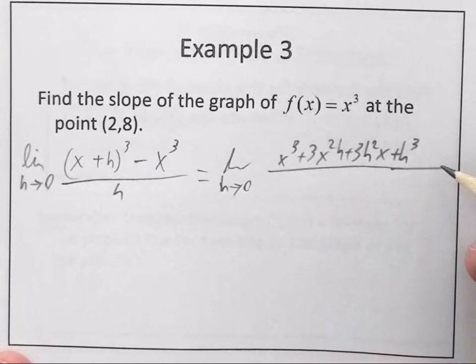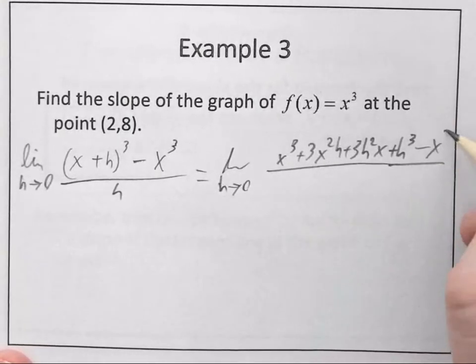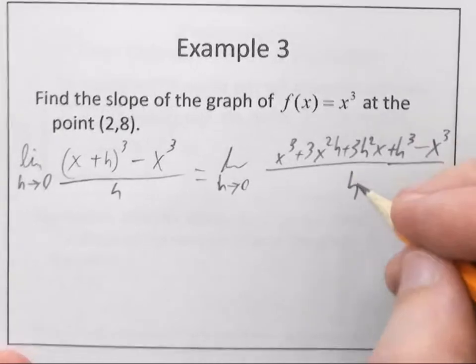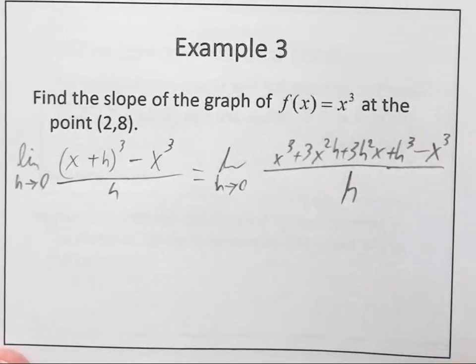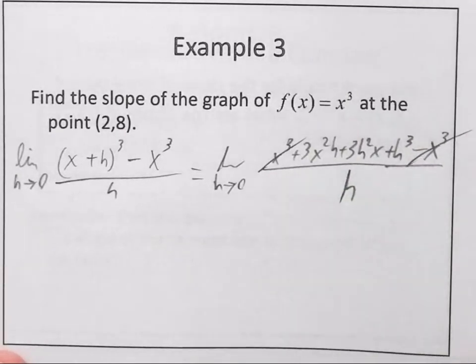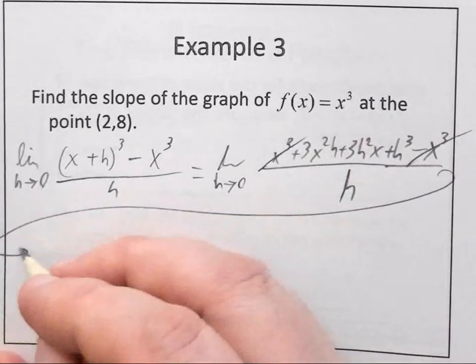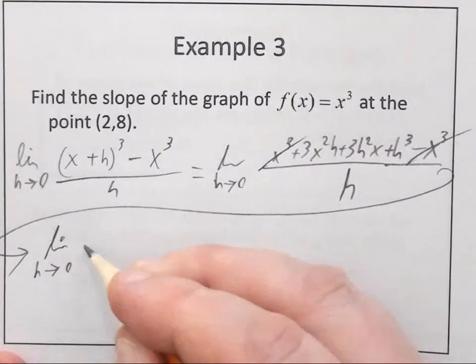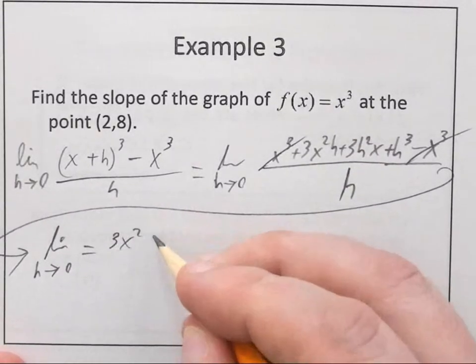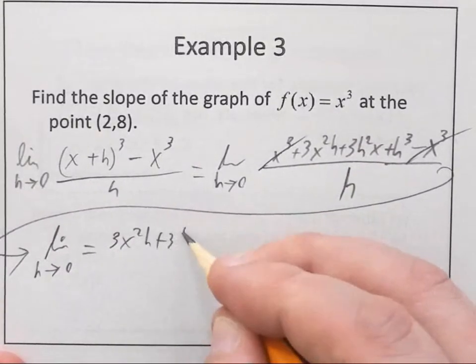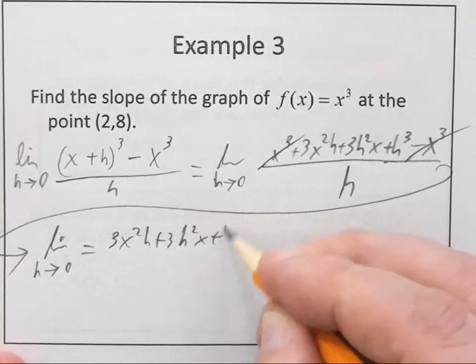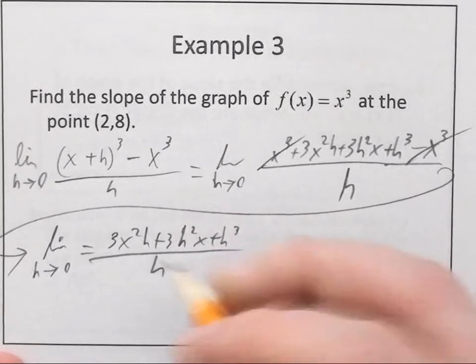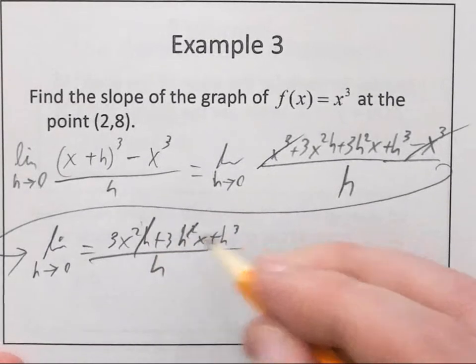Then what else? Minus the x cubed, all over h. Well, the x cubed and the negative x cubed will cancel each other. You can pull one h out of everything, so I'm still going to have h going to 0 in a second. So 3x squared h plus 3h squared x plus h cubed. Take one h out of every single term,